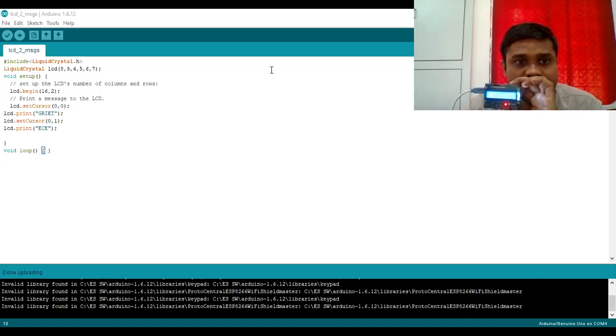Then we will select LiquidCrystal, that is the LCD library. It shows all the LCD library commands, that is LiquidCrystal, lcd.begin, lcd.clear, lcd.display, lcd.setCursor, lcd.write and print. These are the references to see the syntax for LCD library functions.